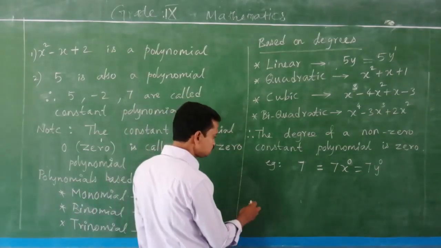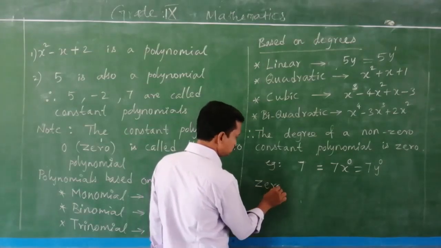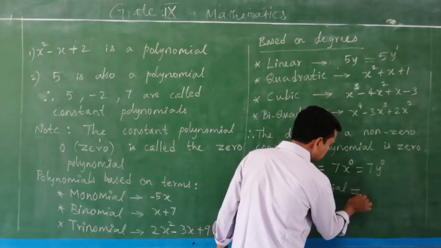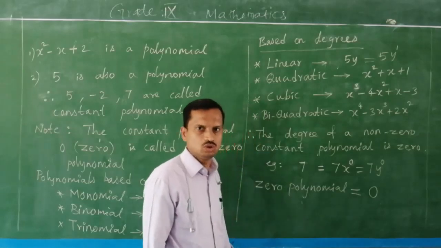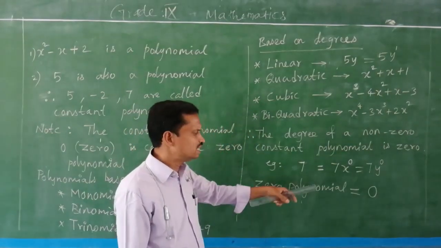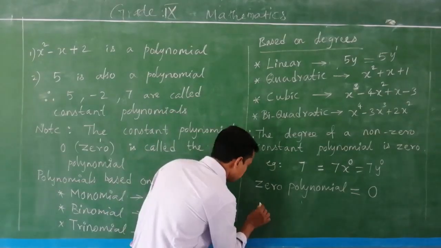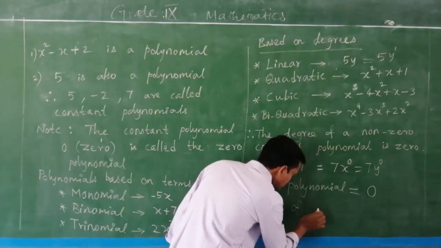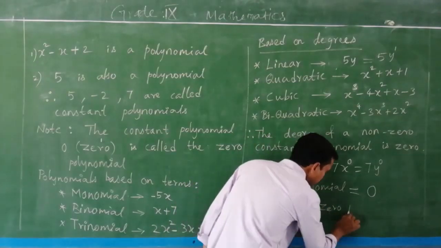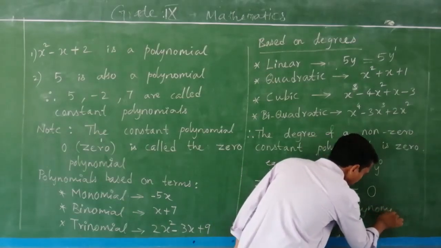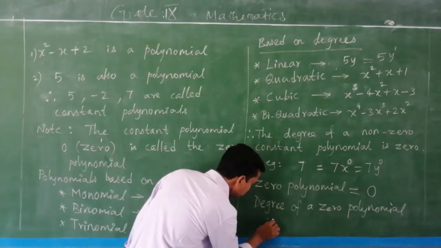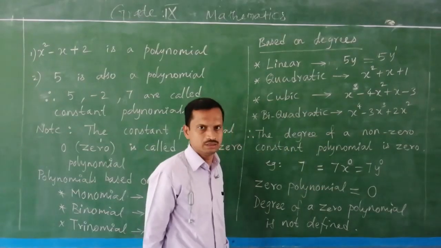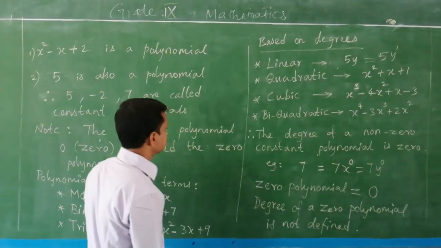And coming to the zero polynomial. Zero polynomial, that is nothing but what? 0. The number 0 is called the zero polynomial. So what is the degree of the zero polynomial? The degree of a zero polynomial is not defined. Why? We can write 0 as